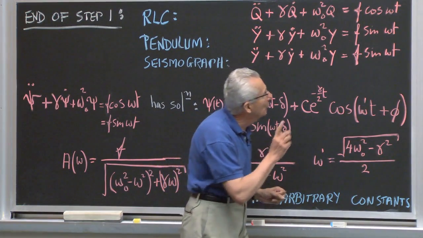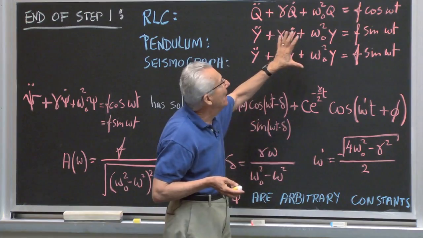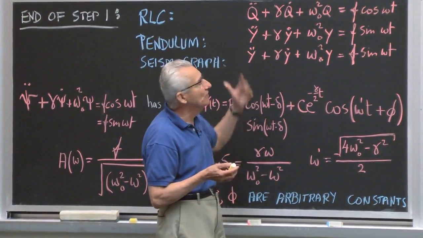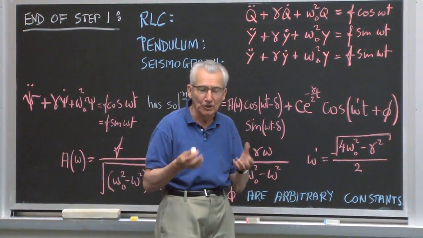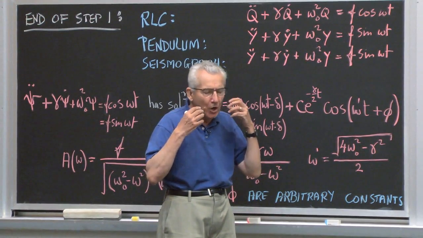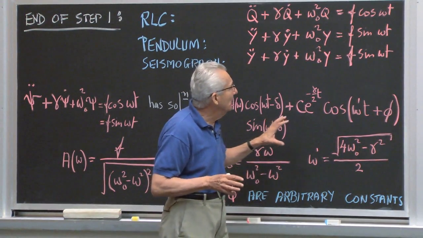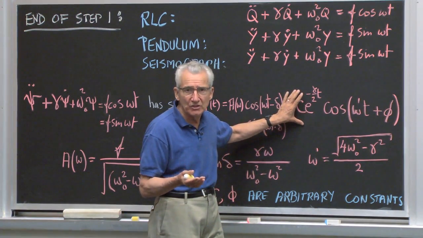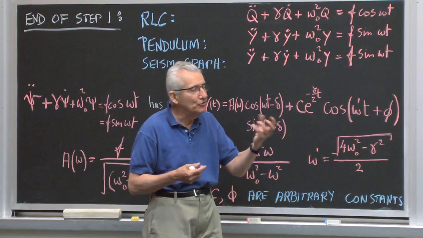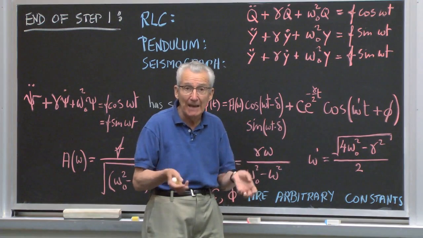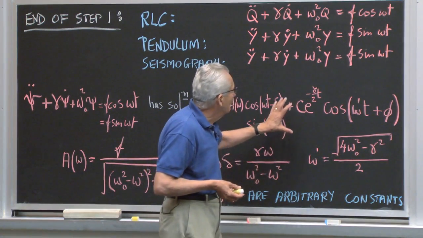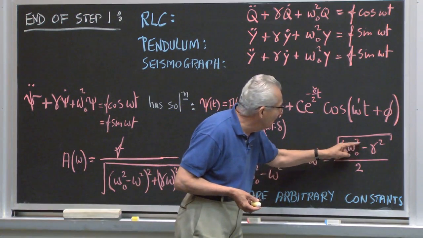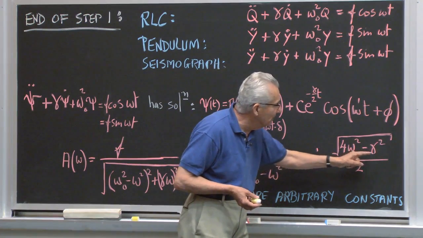And by the way, one more thing I should just emphasize. In writing this solution, I've made the assumption that this oscillator does oscillate. You're driving something which oscillates, and it's not an overdamped system, in which case this term here would be different and not interesting. One normally wouldn't drive things and be interested in how it responds if it's an incredibly damped system. Okay, so I am making the assumption that this is an underdamped system, which means that this quantity here is greater than this quantity here.